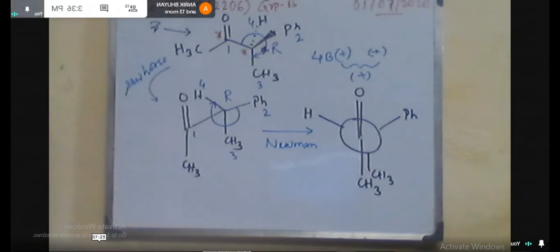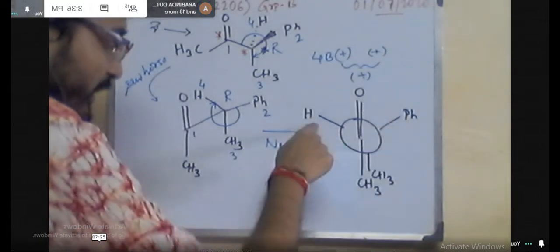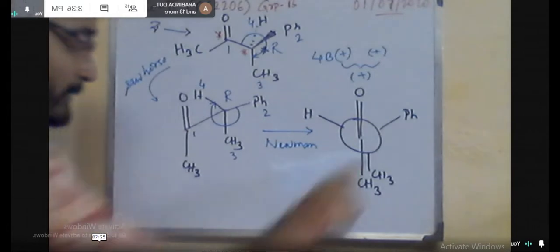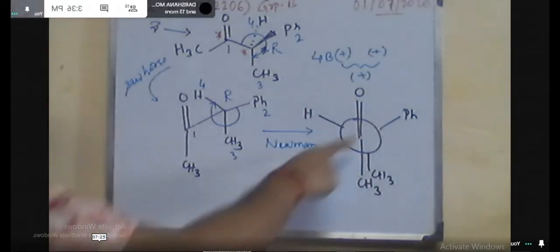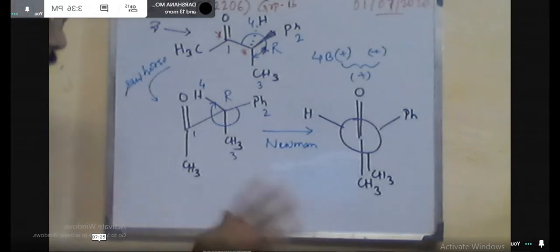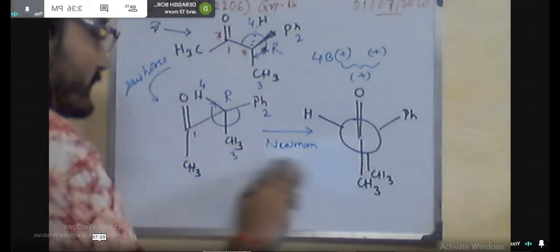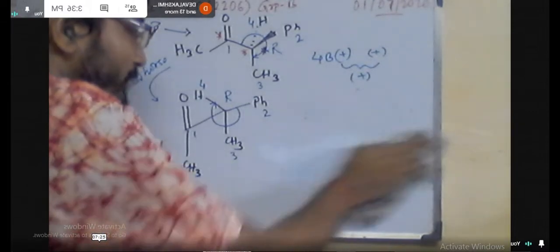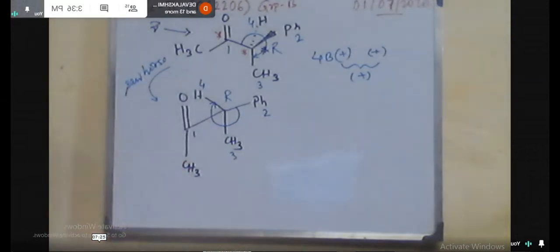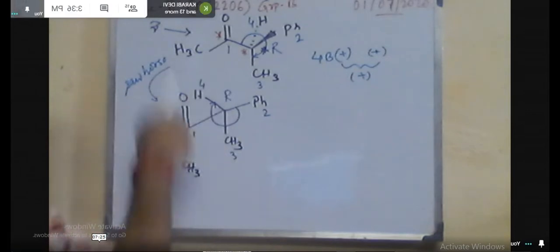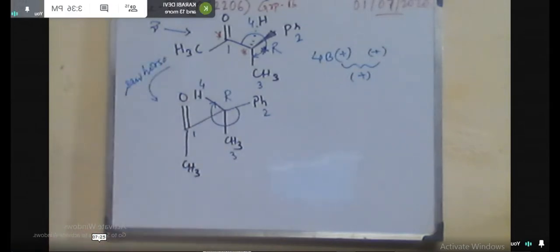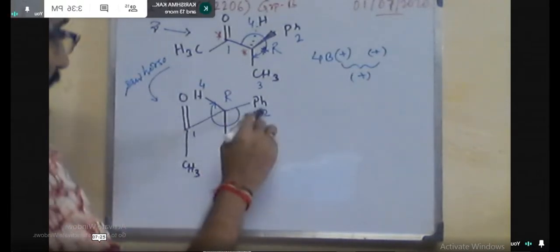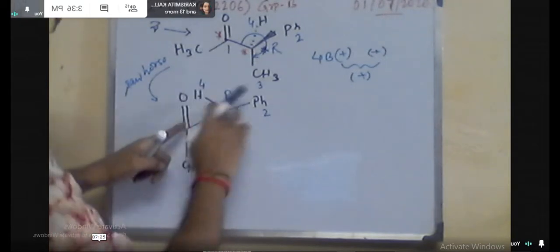So this is a simple interconversion here. Now in Cram's rule, we have to maintain some convention. But before that, we can show 3 different conformations of this Sawhorse projection. How? We can interchange the positions, keeping the configuration fixed. That means we can rotate this bond, because this is a carbon-carbon single bond, and we know carbon-carbon single bond rotation is possible. So we can rotate this way. That means phenyl will come to the CH3 position, CH3 to the hydrogen, and hydrogen to the phenyl.